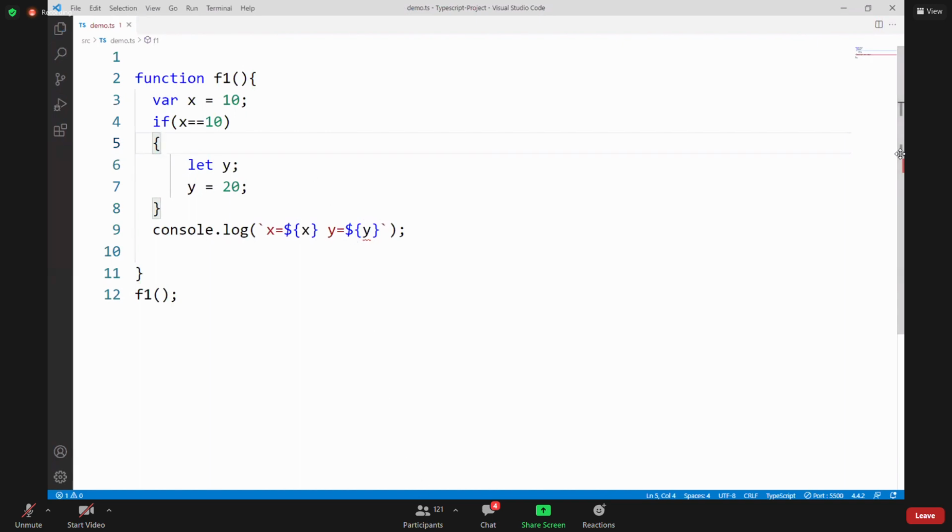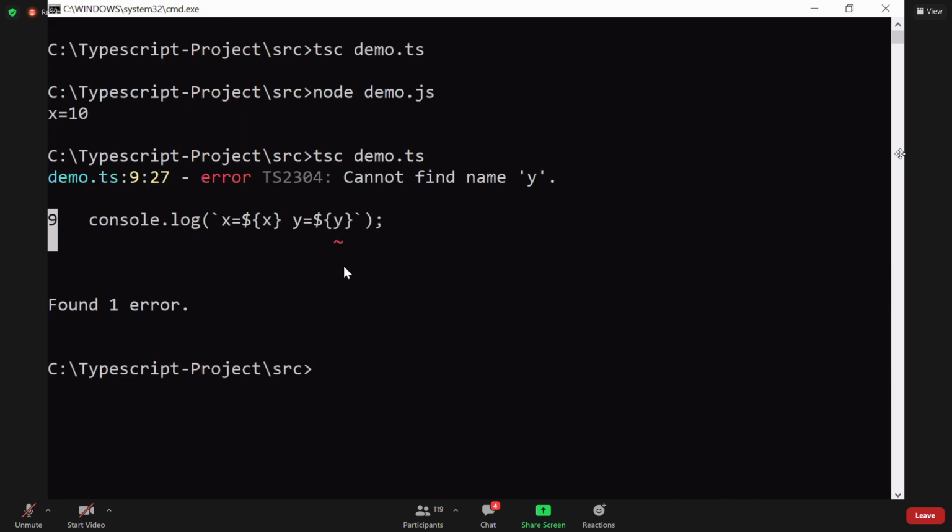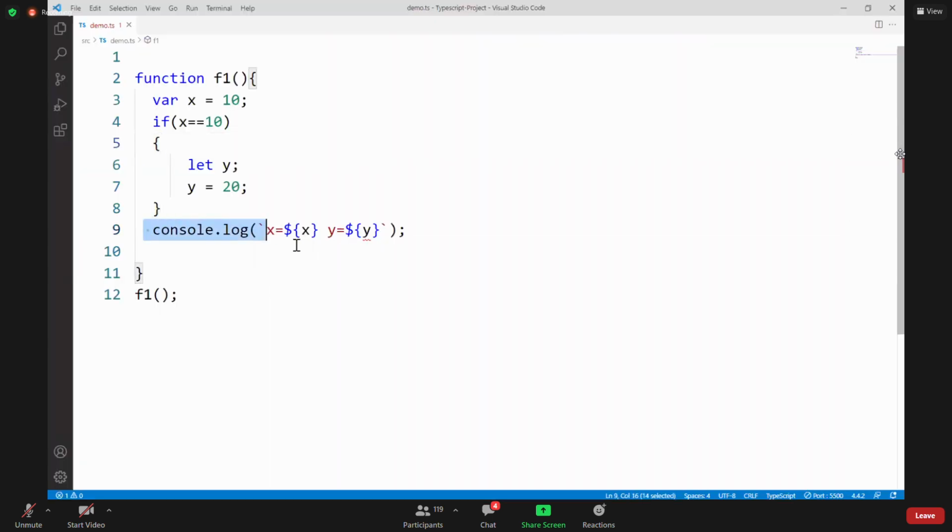Now you see when we compile and run this, tsc demo.ts shows an error. The error is cannot find name y, because you are trying to use this outside the block. So it is accessible only inside this block. That is why it is called block scope.